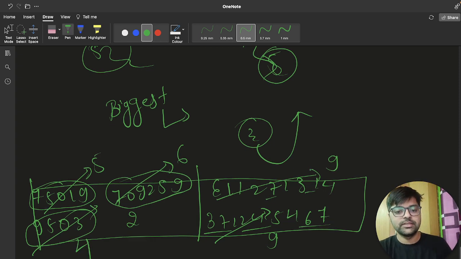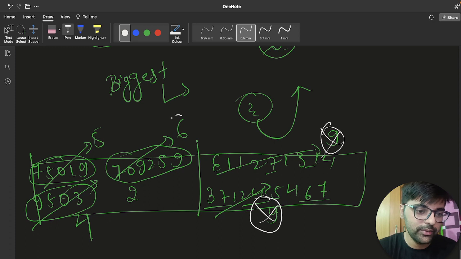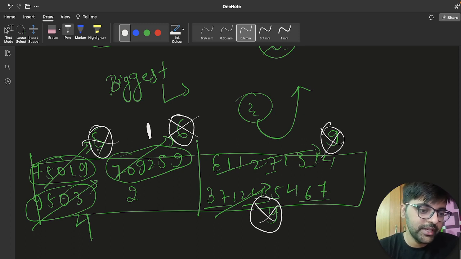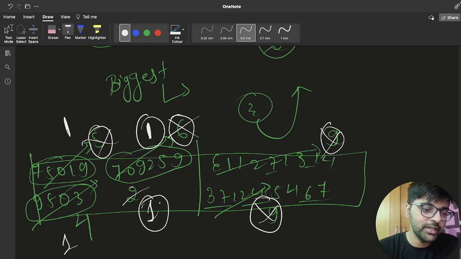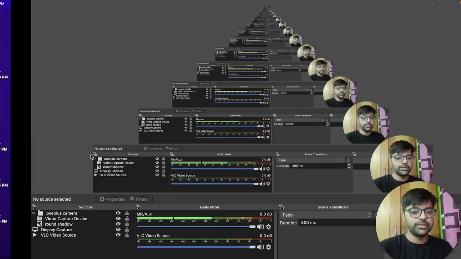After this number of matches, we can see that these 9 and 9 match. These are the biggest numbers, right? So no need to apply one more operation. Now we got the biggest number as 6. Then we will make it 1, right? Now the biggest number is 5, then we'll make it 1. This is the biggest number and this cannot match any of the elements, so that's why we are taking it as 1. Now we'll make 4 as 1 and then we'll make 2 as 1. Now the biggest number is 1 from here, 1 from here, so this will match and this will match, right? So now I would like to move to code.